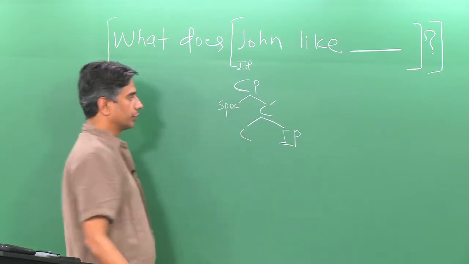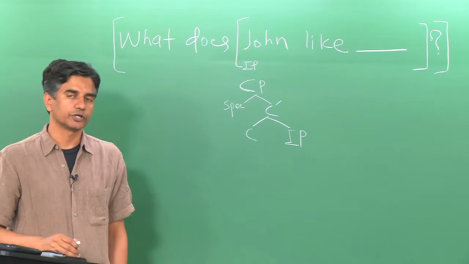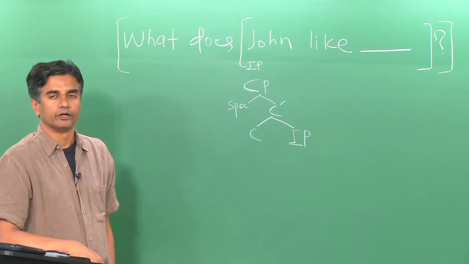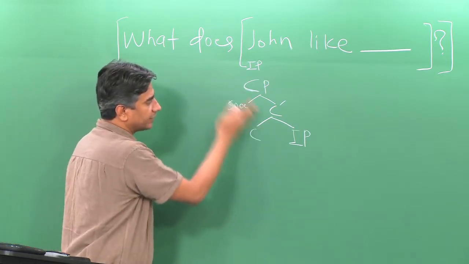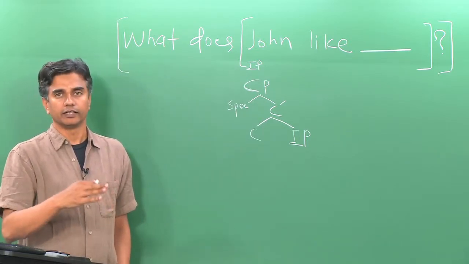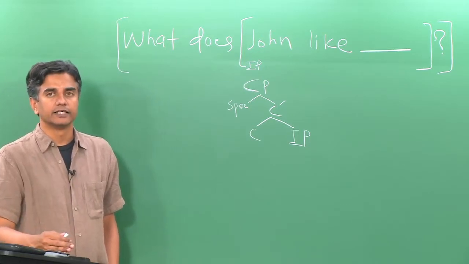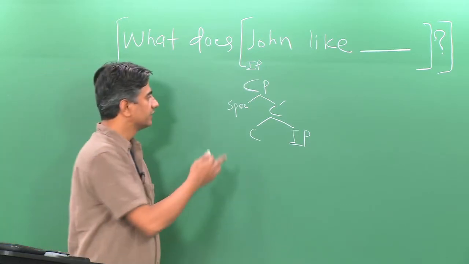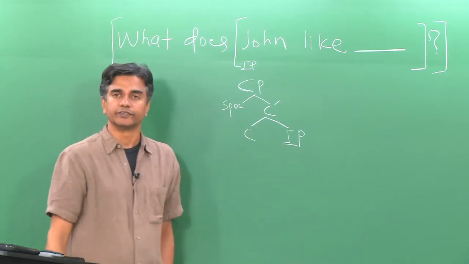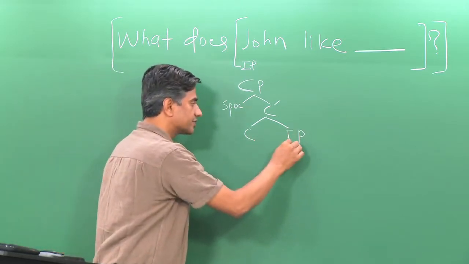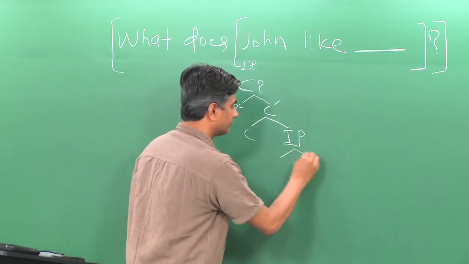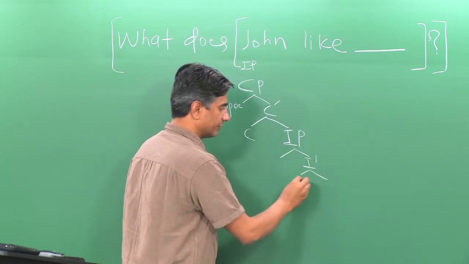We introduce the notion of another phrase which is called the complementizer phrase, and we call it CP. If you look at the pattern of this phrase, it maintains similarity with all the other phrases that you have seen. It will have a specifier, it is going to have a head, and it's going to have a complement. So the IP becomes the complement of C. Then we have the whole sentence that you have on the screen,